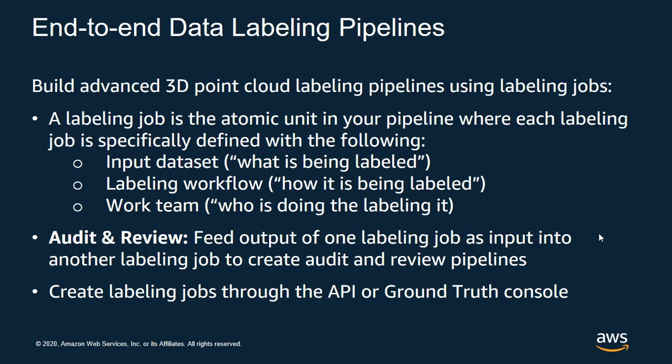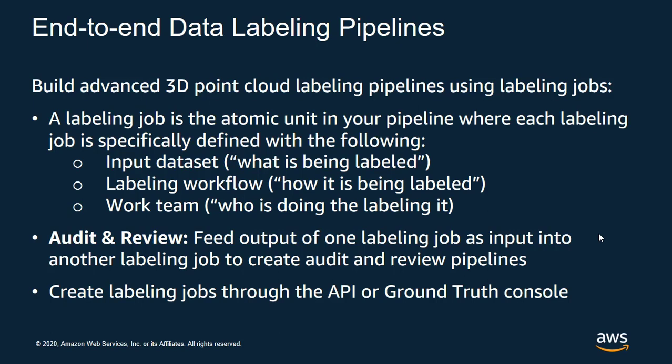Ground Truth. So the support for 3D point clouds is an extension of our existing platform. So a lot of what I described in this slide basically already exists today with SageMaker Ground Truth. When we think about building data labeling pipelines, it all starts with the atomic unit of a labeling job. And what is a labeling job? And we discussed this in the initial slide